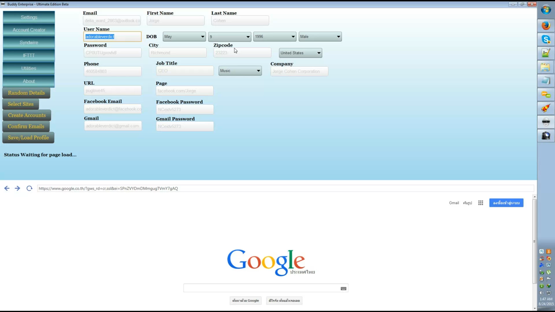Someone asks, why is the default email system Outlook? I'll give you two reasons for that. One, because we created an Outlook email creator for this. Number two,